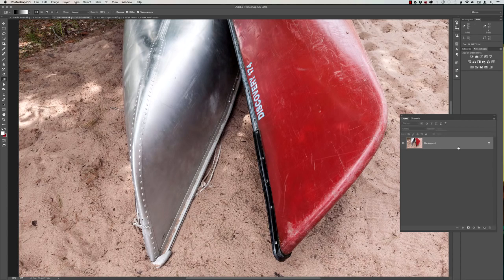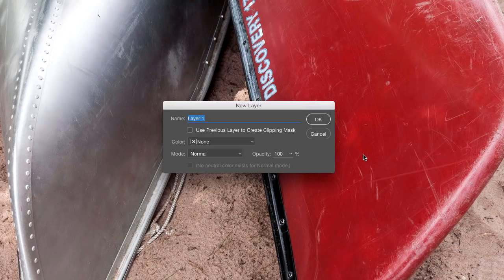I'm going to come down and add a new layer. I could just click the new layer button here, but let me show you a trick. If you hold down Option or Alt when you click the new layer button, it brings up the new layer dialog before it creates the layer. So it allows you to give it a name, and I'll call this Dodge and Burn layer. But more importantly, it allows you to choose a blending mode for that layer. So I'm going to choose